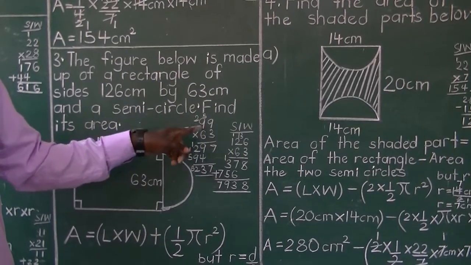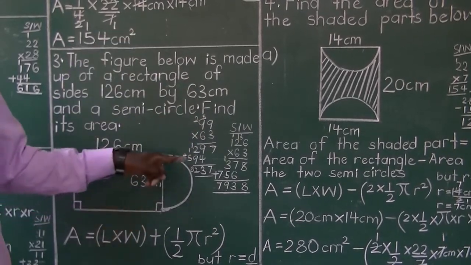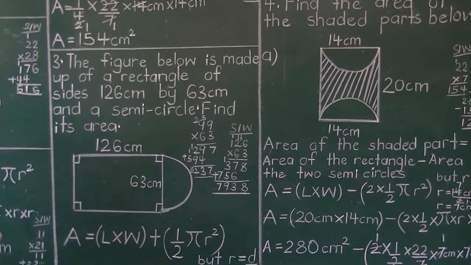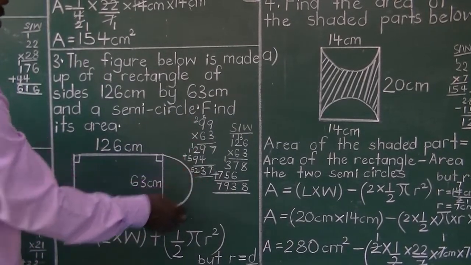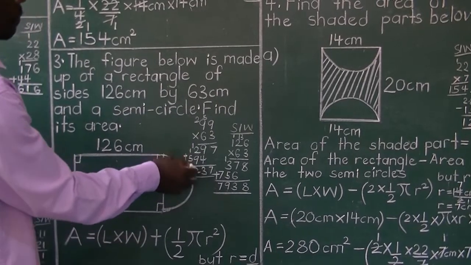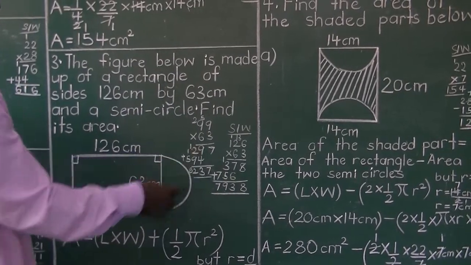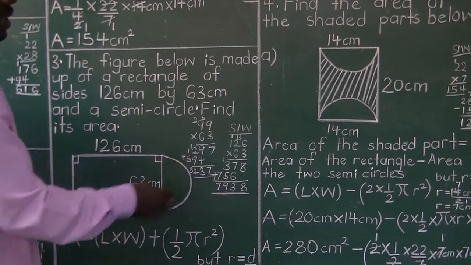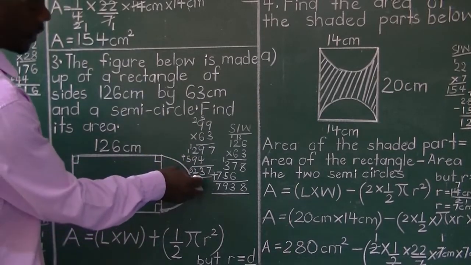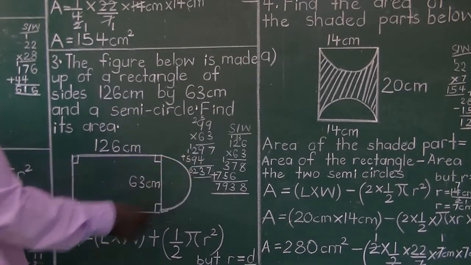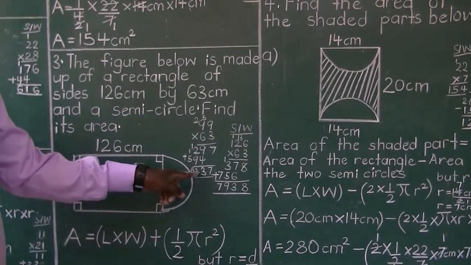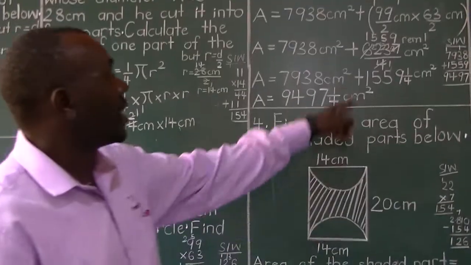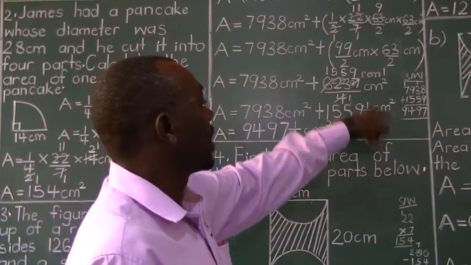And again 6 times 9 is 54 plus the 5. You get 59. That's why I have 59 here. And then add here 7, where 9 plus 4 you get 13. Write 3, group 1. And then I've got 1 plus 2, 3 plus 9. You get 12. Write 2, group 1. 1 plus 5 you get 6. So that 99 times 63 you get 6,237. That's why I have it here, 6,237.